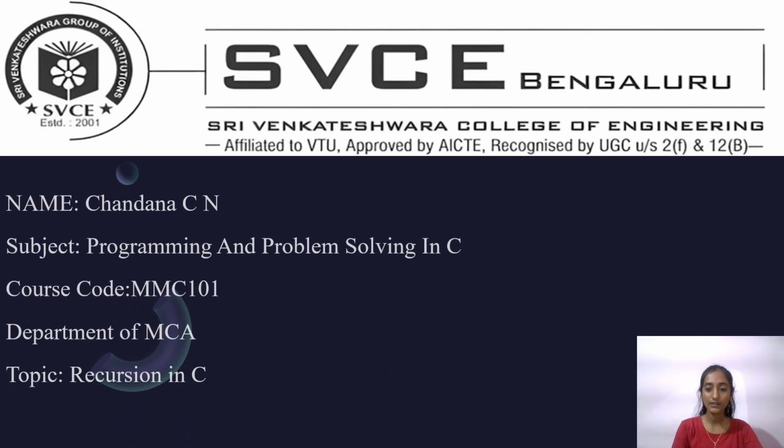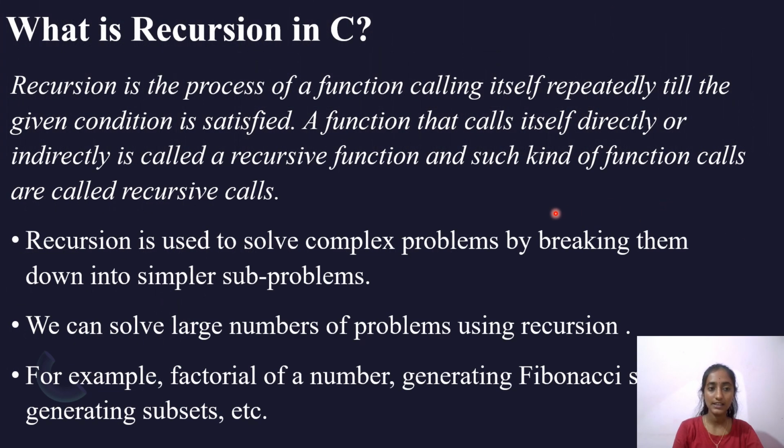This is Chandana. Today I am going to explain to you about recursion in C. Let's see what is recursion in C. Recursion is the process of a function calling itself repeatedly till the given condition is satisfied. Means a block of function calls itself repeatedly without user interaction to perform some specific task until the condition is satisfied. A function call that calls itself directly or indirectly is called a recursive function,